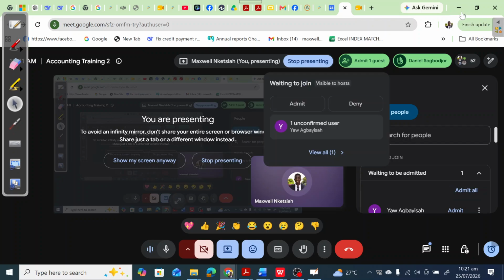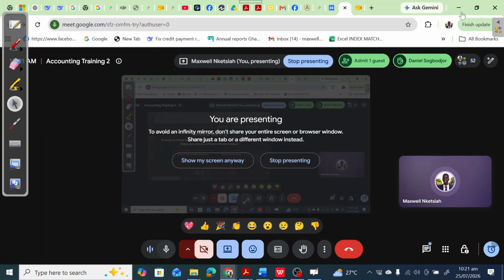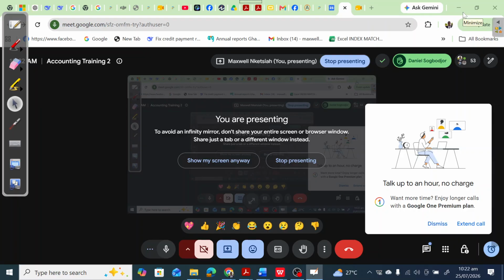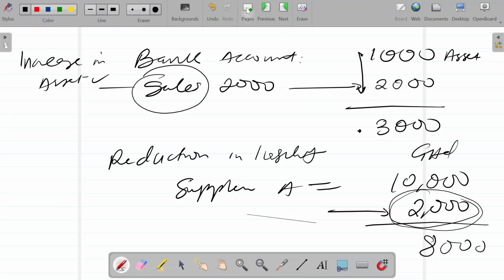Yes, Daniel, I think your hand is up. Can you? Yeah, thank you. I think because it reduces your liability, so it counts as income. Yes, it reduces your liability. Yes, it's an income. But there's the real main reason why it reduces your liability, which is correct, and